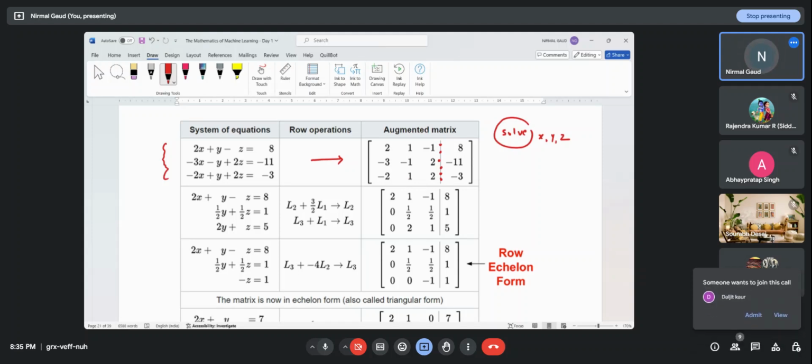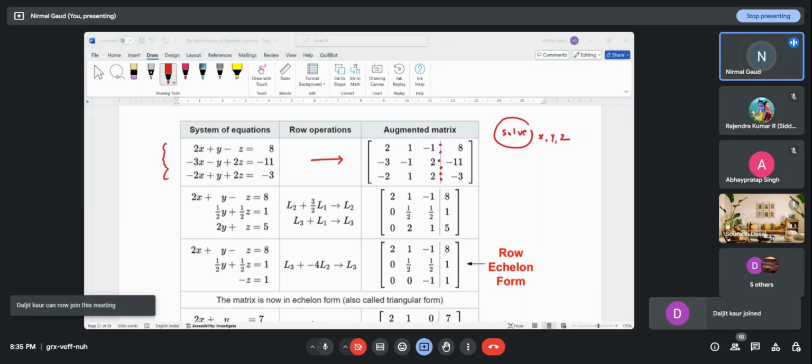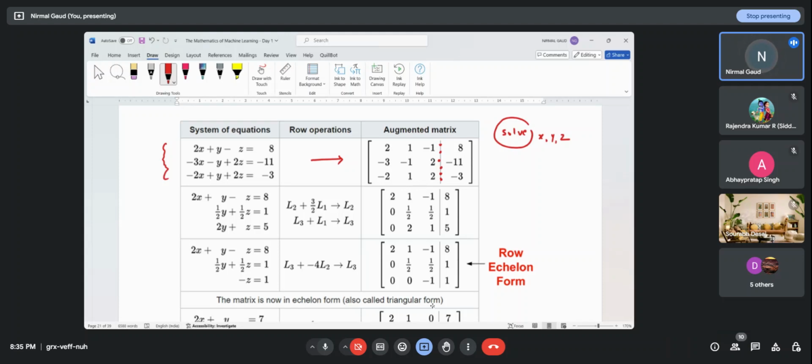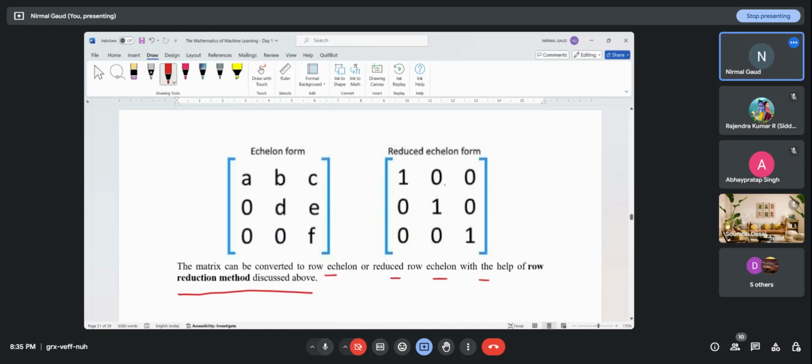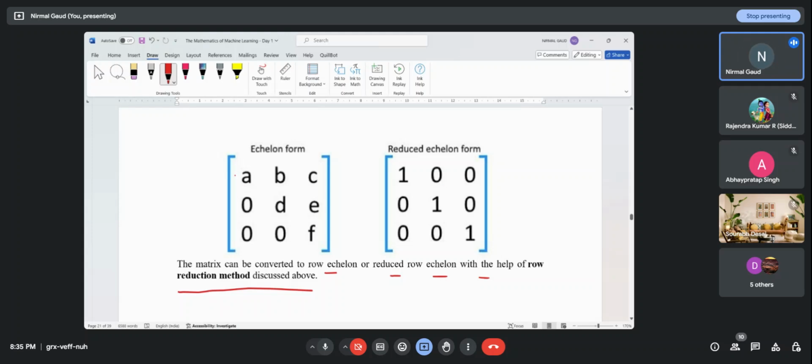For row transformations, whatever is best, you can add, subtract, or multiply with some scalar value; you are given the freedom to perform these. So according to the row echelon format, we want to convert the matrix in such a way that